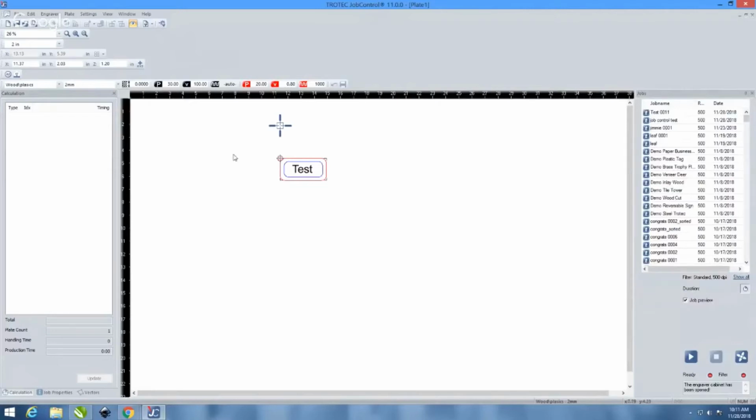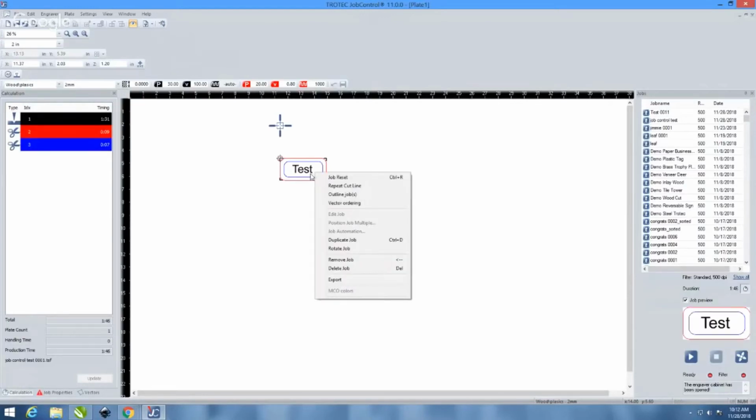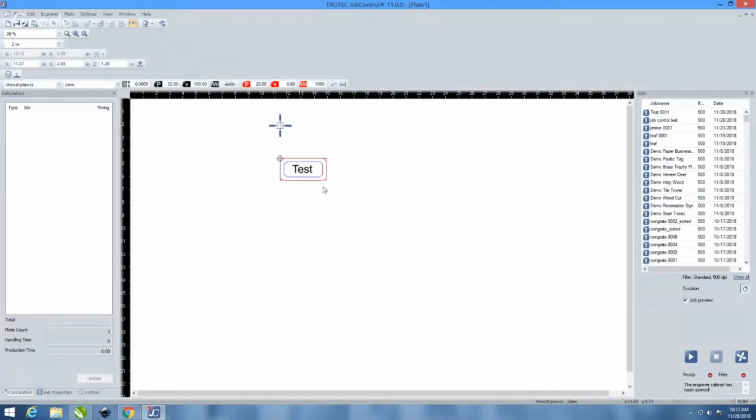Do we have the cut options, the job control cut in here? Yeah, so what Lev is mentioning, Lev, is this what you're mentioning? You right click on this and you can repeat the cut line or just only the cut line? No, I was talking about the new features of Job Control 11, but yeah, you should show that as well, outline jobs. Right, so